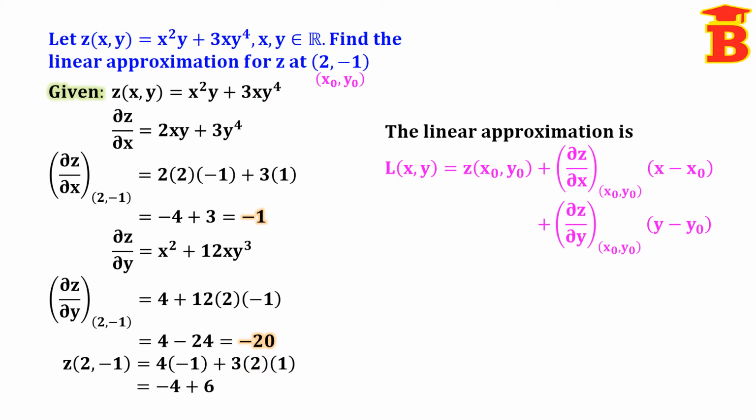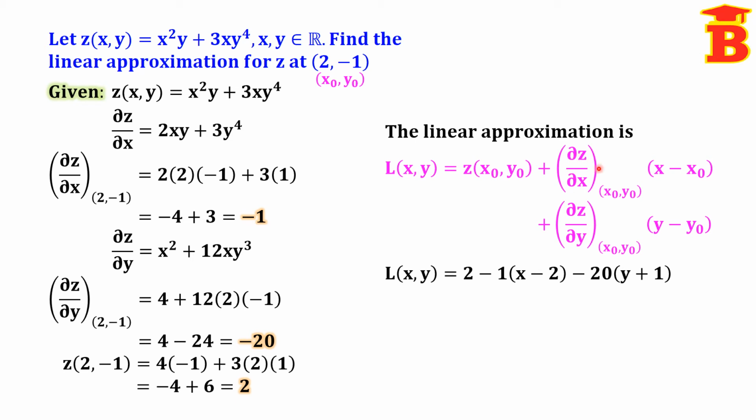So this is minus 4 plus 6, that is equal to 2. So now we have got all the values. Just substitute the values in the formula and simplify, we can get the answer. Therefore the linear approximation L of x comma y equal to, here z at the point is 2